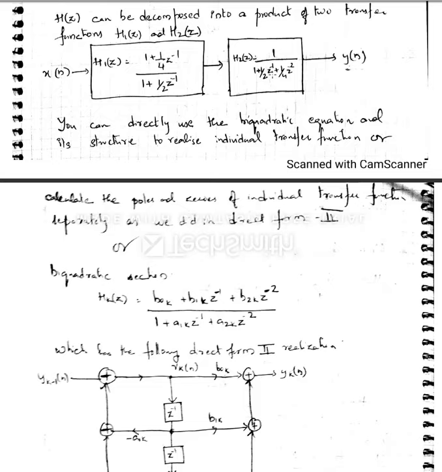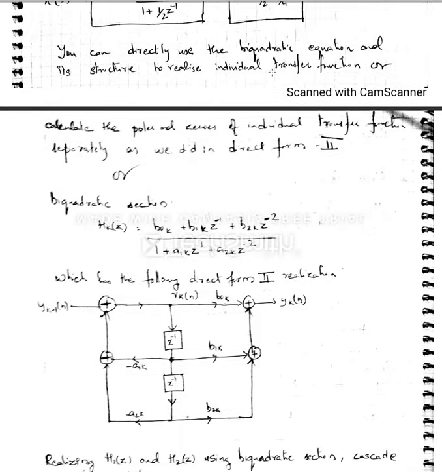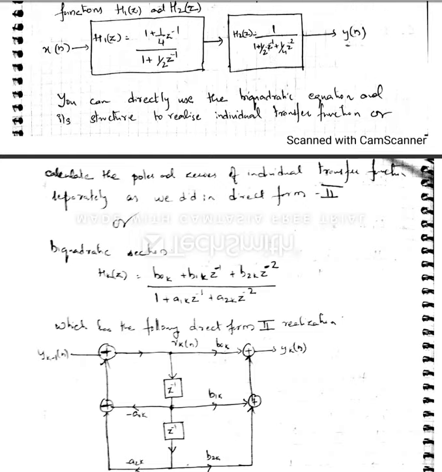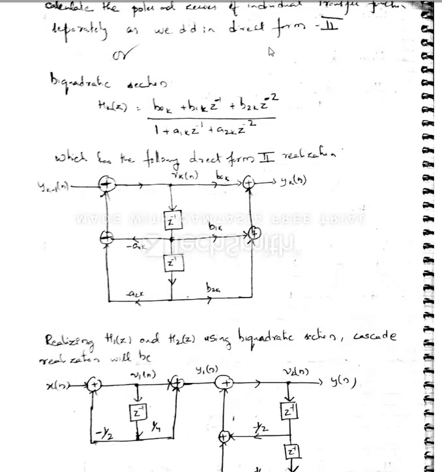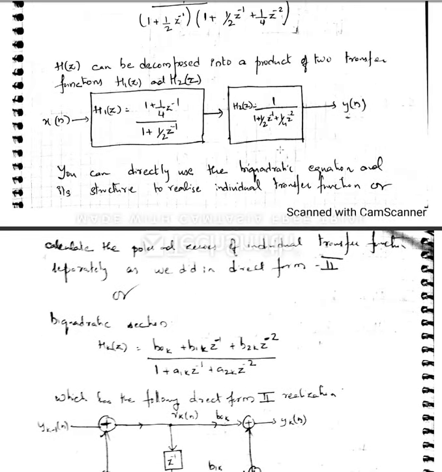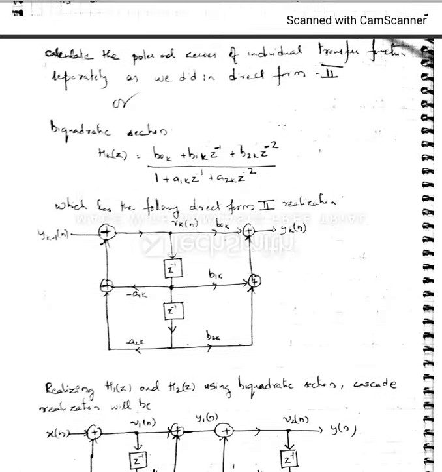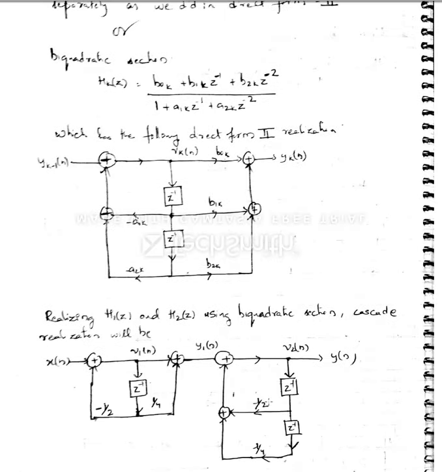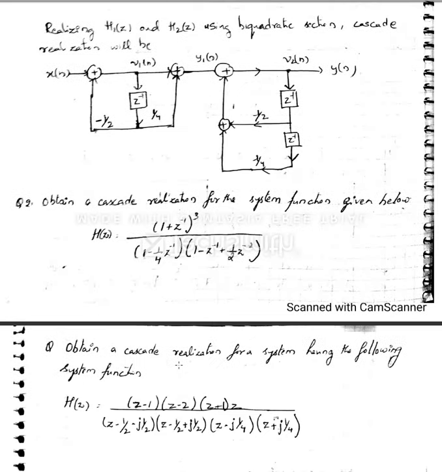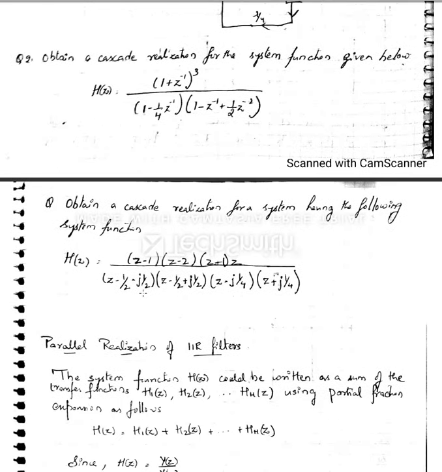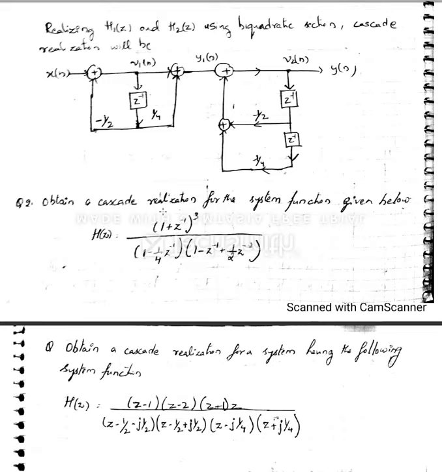Now this is what you have, 1 plus 1 by 2 there. So what are the coefficients? These are nothing but your coefficients of a, right? So 1, as it is it will be, and after one delay element what do you have? 1 by 2, and what it should be? Minus a1. So it is minus 1 by 2. Similarly plus 1 by 4. So here again, according to minus, it will be minus 1 by 4. So you have it. Clear?